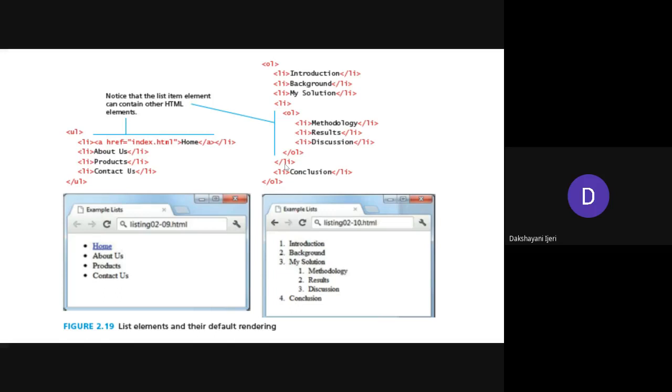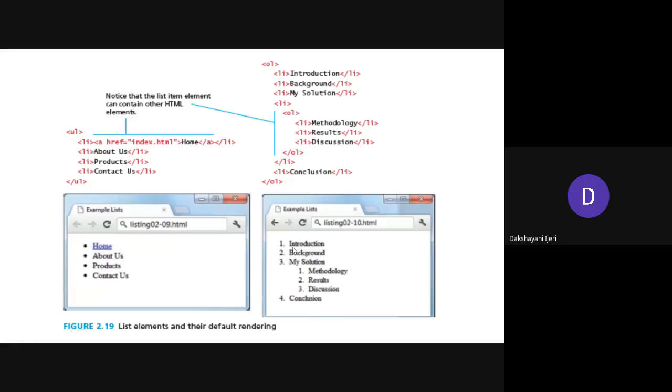So to become an expert in this, you need to practice more similar kinds of examples, right? So you can see here this li for the nesting, what you have done, that has been closed here itself. So what has been done, my solution is created as it is, and under which you have another listing level. So these are also the items, right? So for which you have to use one more li here. So under which you have to create all the hierarchy elements that you want to cover, and you have to close this. Okay. And following that the last element, that is the conclusion li, and close the final ol here. So you can see here two ols have been used to make the nesting of these items here.